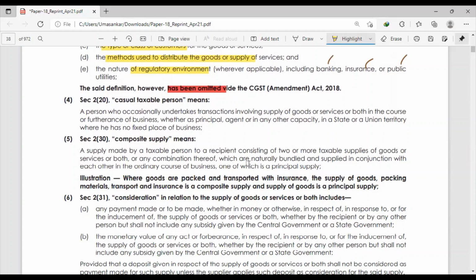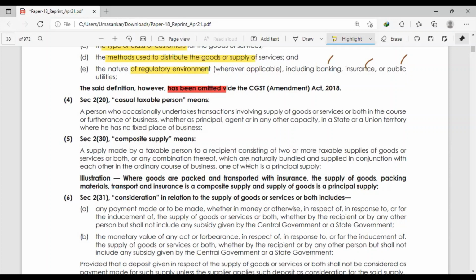You can understand the meaning of taxable person: he is a person who will be taxed on doing business activity. What do you mean by casual? Casual means occasional, or for some temporary period we want to supply some goods or services. For a temporary purpose we cannot give the normal GST registration. So how will the regulation be there, how will compliance be there, how will the business be carried on for a certain temporary period, and how will the person be taxed? For that reason, this provision came. So we'll read the definition again.